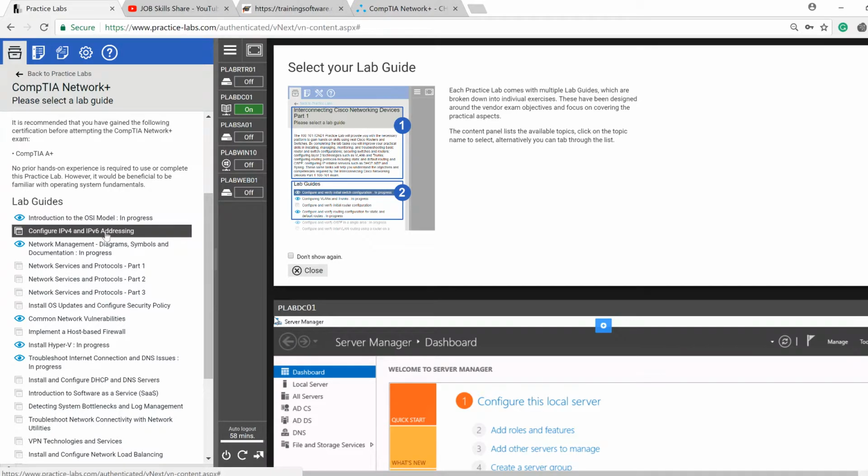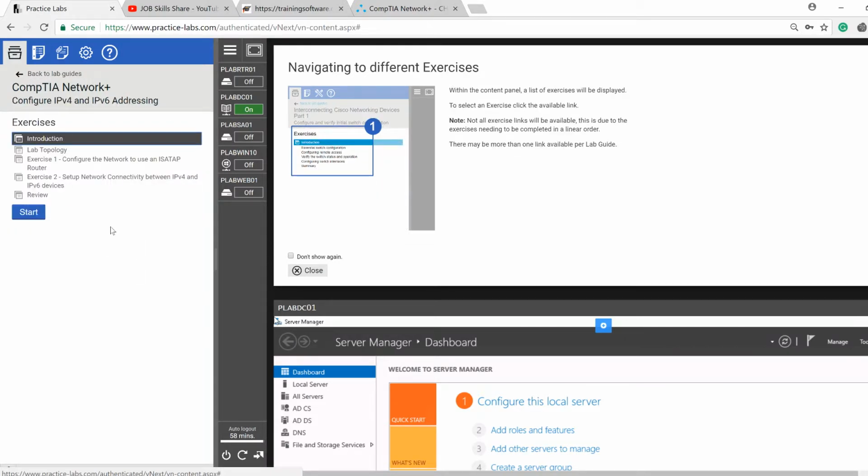Configuring IPv4 and IPv6. If you have to become a network engineer, I don't know if you can get away from this. If you don't know how to configure IPv4 and IPv6 addressing, then it's going to be really hard for you to do your normal networking job. Or say you go to a company as the network engineer, you just got hired, and they tell you, look, we have a new building, let's go ahead and set up some networking devices and create some type of subnetting. If you don't know how to do this, then that's going to be really hard for you